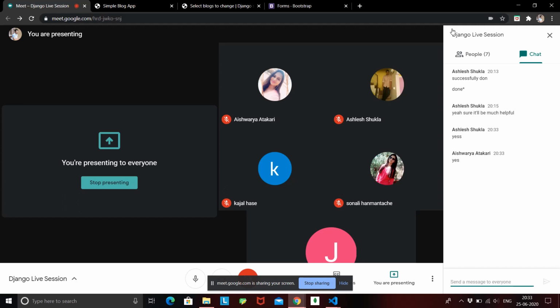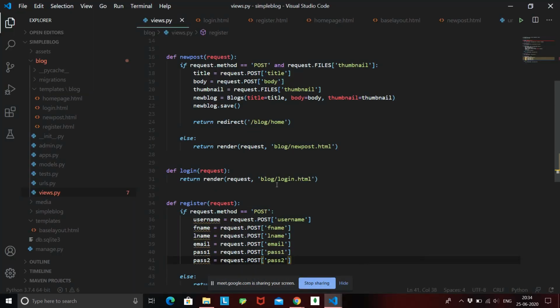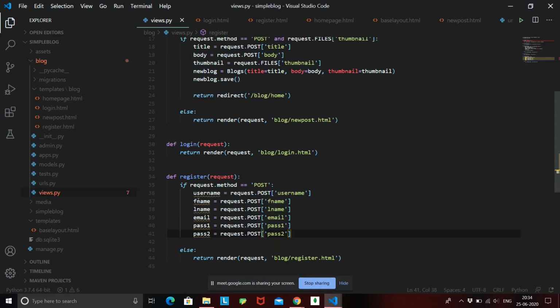Then that input form is going to post all your data into a URL, that is the register URL. The register URL is calling the function register in the views.py file, and we are telling inside that function that if you are getting a post request, then retrieve all the data that is coming from the post request. Okay, so now we have all the data inside these variables, username, fname.